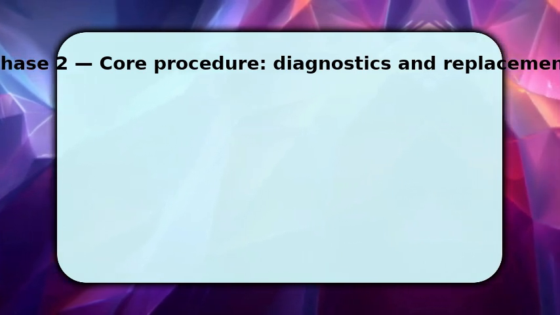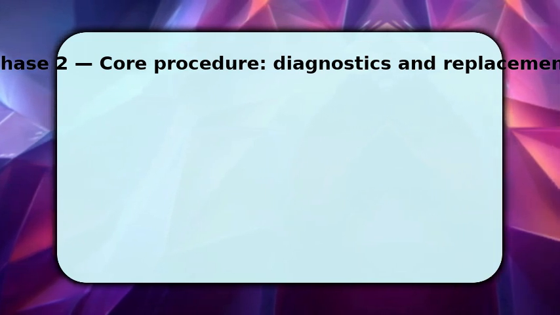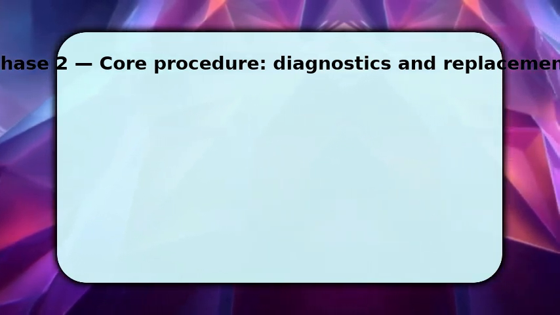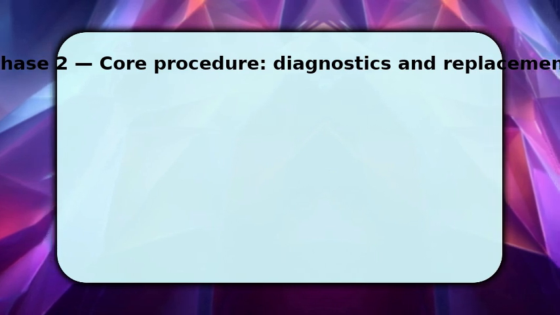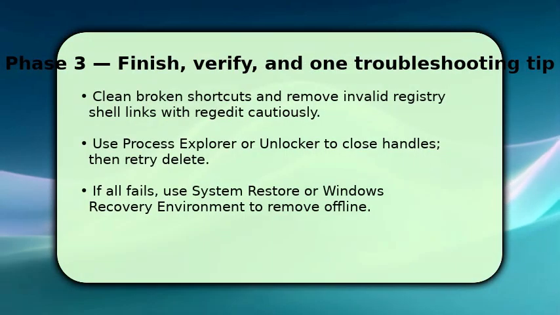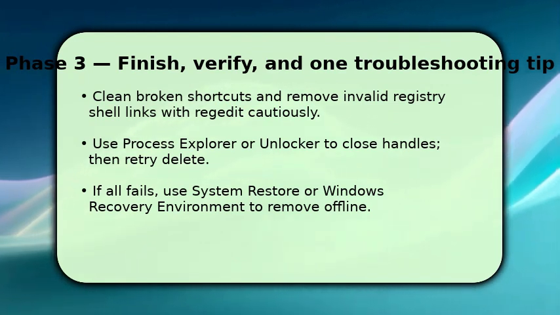This fixes permission-denied errors. Finally, delete with del /F /Q for files or rmdir /S /Q for folders. If the item still fails, reboot to safe mode and repeat, because a loaded process often blocks removal. Complete the job by cleaning up references, remove broken shortcuts, and if necessary, carefully edit registry shell links that